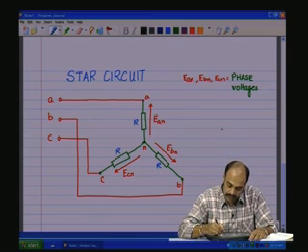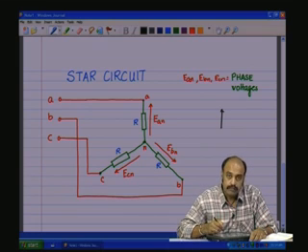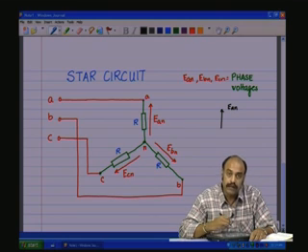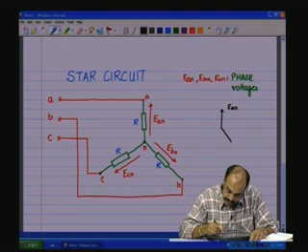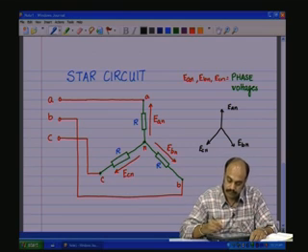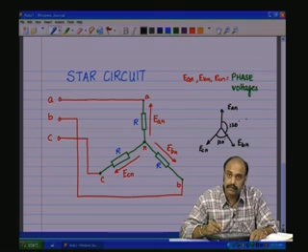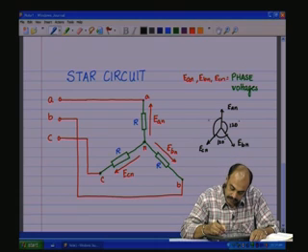Now, the phasor diagram is also like this. This is EAN, 120 degrees lagging, EBN, 240 degrees lagging, ECN. You see, this is 120 degrees, this is another 120 degrees between C and B, and then another 120 degrees between